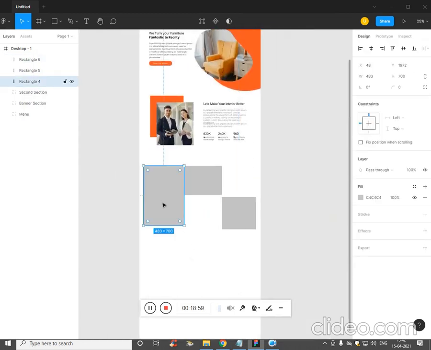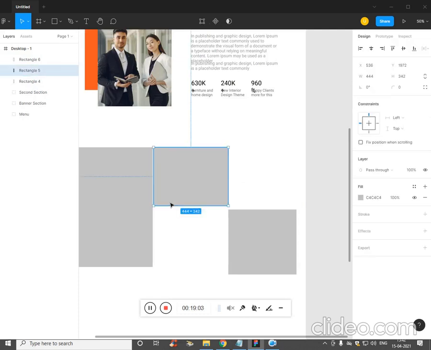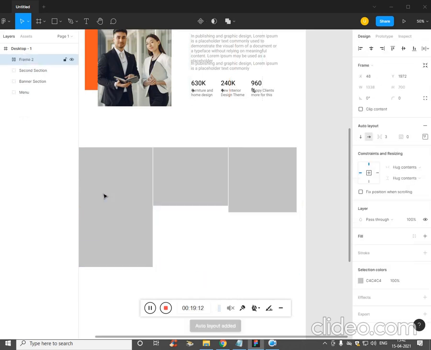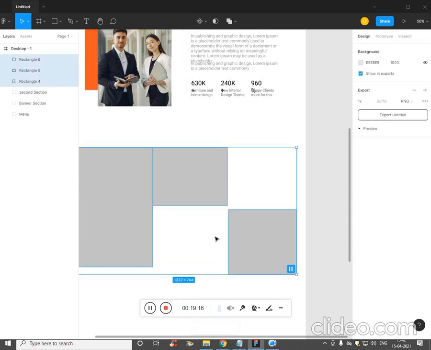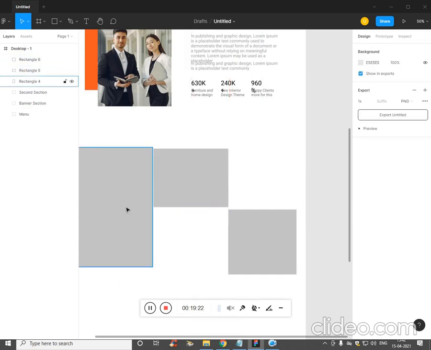Zoom out and place all the images. We need some space. To add some space, you can select these all and Shift A, that will auto select. No, we don't want to make that. This is just a wireframe. We'll do it in CSS.